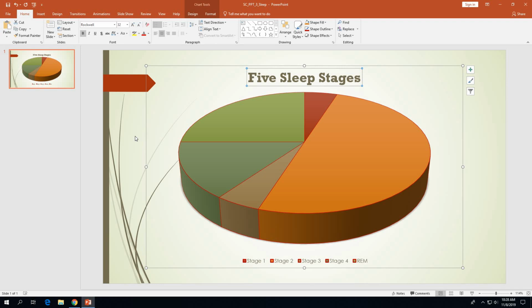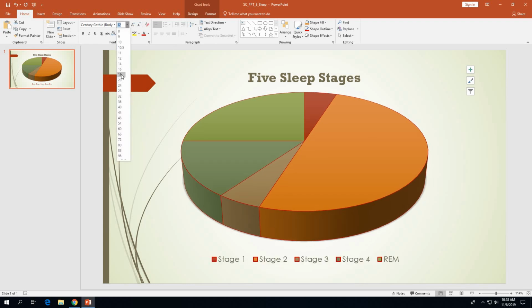There we go. And it also wants us to format the legend down at the bottom of the chart. So down here at the bottom where it says stage 1, stage 2, and so forth, you're going to click on that so that the selection rectangle surrounds that object on the chart. And then what it wants us to do with the legend is change the font size of the legend text to 18 point. So we're going to go up here to the font size box and click 18 as the